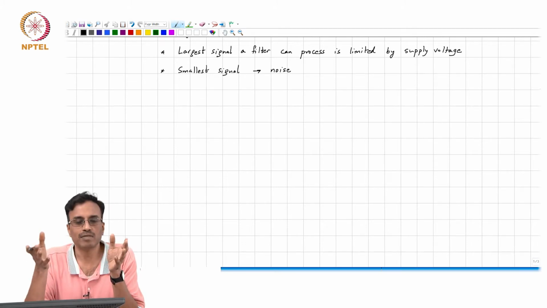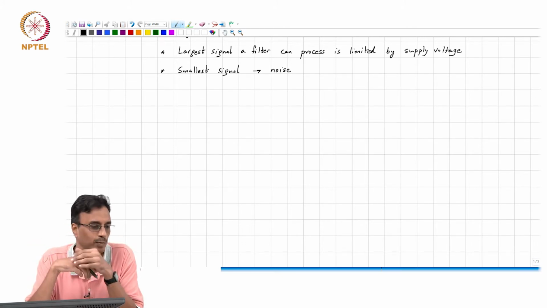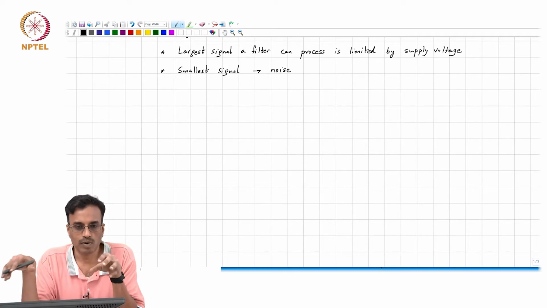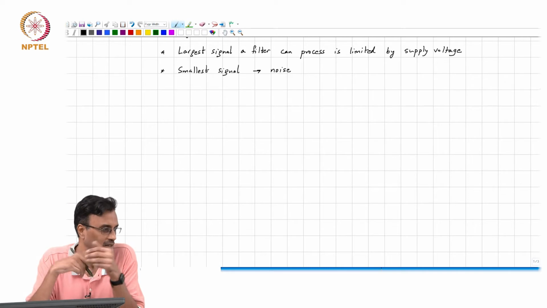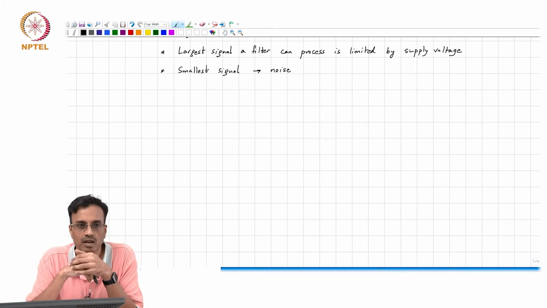I mean, we could have, instead of going to filters at this point, talked about noise and then talked about filters later. But then a young crowd like you gets antsy when you just keep seeing theory without any application, and you keep wondering why am I studying all this?